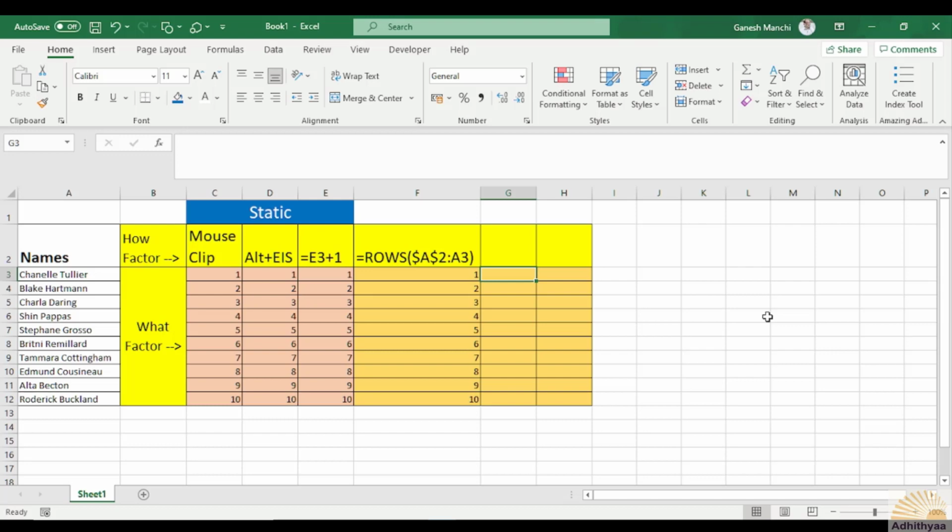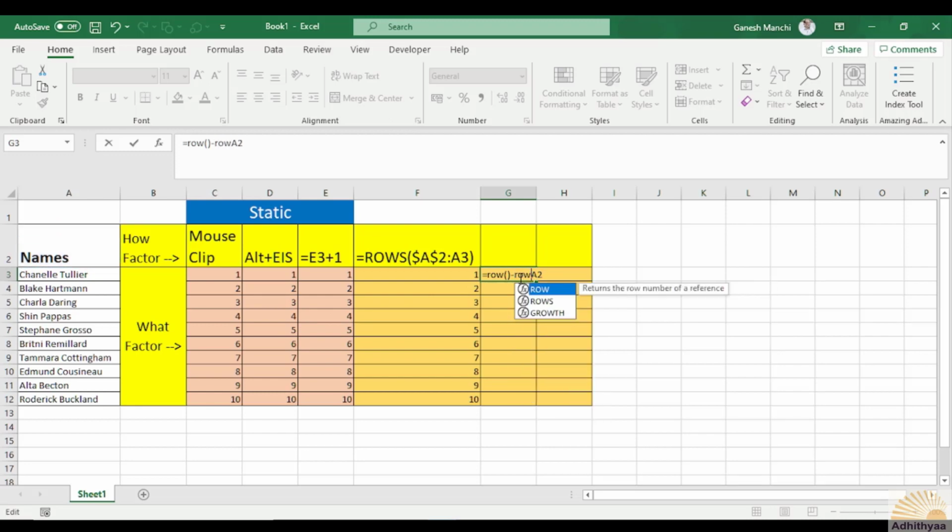Now I am going to use equals to ROW, simple equals to ROW, minus the header. These are all the names and this is the header. So before that, minus header, I am going to give the same formula as ROW A2, and then I am going to lock this cell.